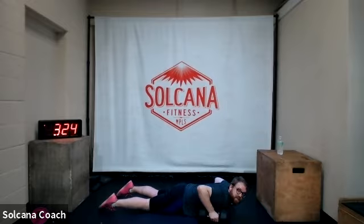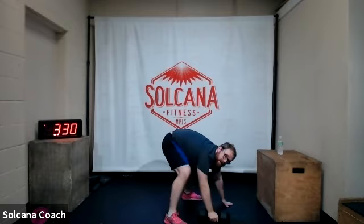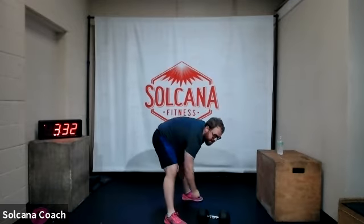I'm just controlling myself to the ground. Then I'm gonna pop back up onto my feet, so I peel myself up onto my feet, and then from here, I'm gonna pull my weight high into my inner thigh, and then I'm gonna stand up aggressively and pop the weight up overhead. So we're kind of combining a burpee, a kettlebell swing, and like a dumbbell snatch,